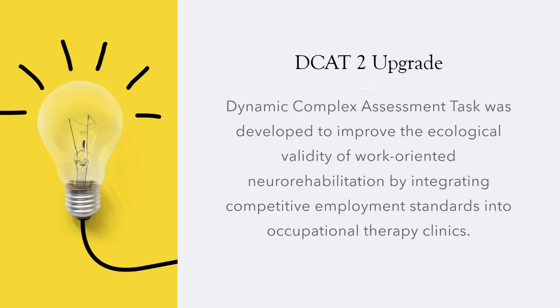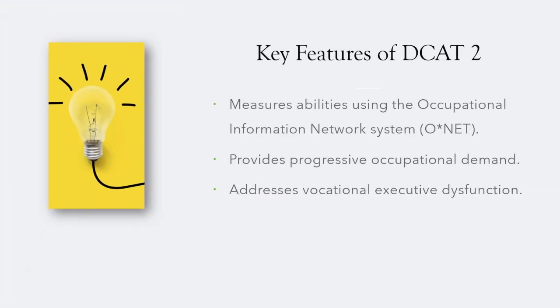into occupational therapy clinics. DCAT-2 measures the client's abilities so that you can compare them to the abilities required in their job by using ONET, the Occupational Information Network system. DCAT-2 provides opportunities for the therapist to gradually provide the client with just right challenges on a progressive occupational demand basis. DCAT-2 also allows the evaluator to challenge the client so that potential problems with vocational executive dysfunction can be